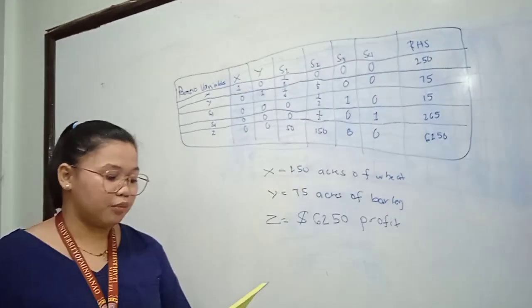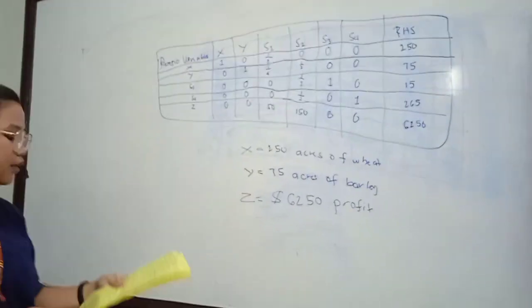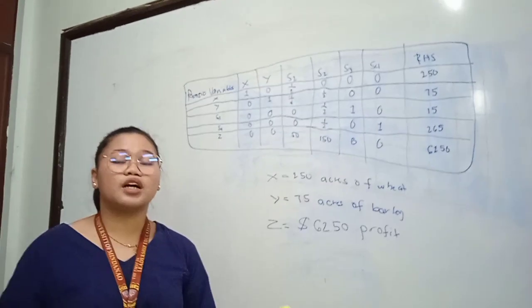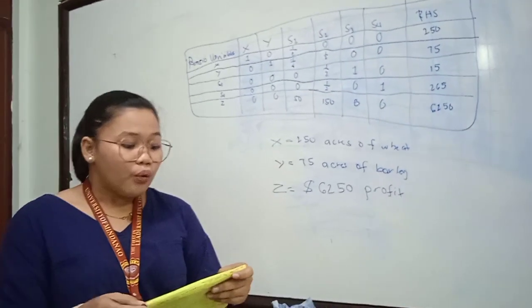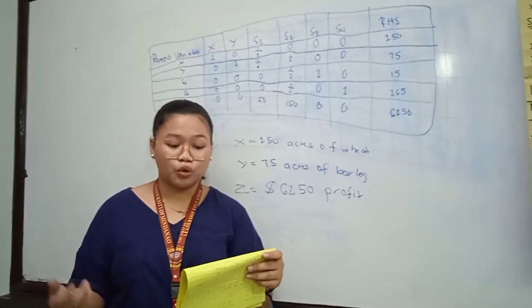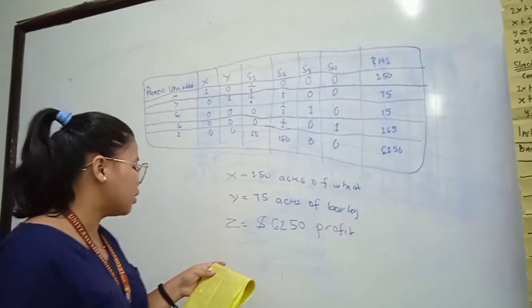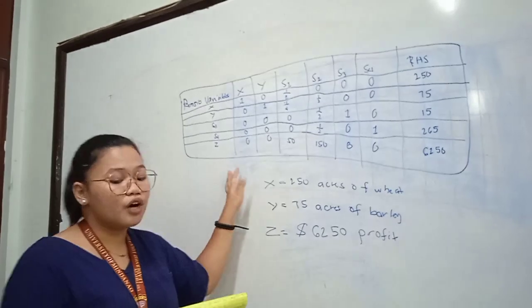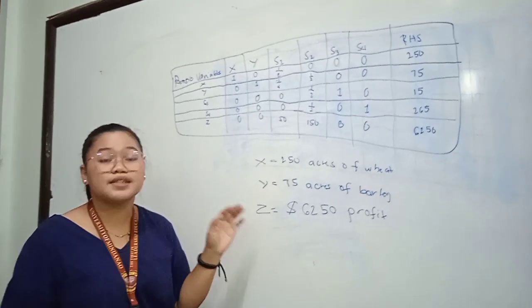After updating the tableau, it is this, and we continue the process until the coefficients of the bottom row are non-negative. We need to select the entering variable, which is determined by the most negative coefficient in the bottom row, and here, as you can see, there are no negative coefficients, indicating that the current solution is optimal.